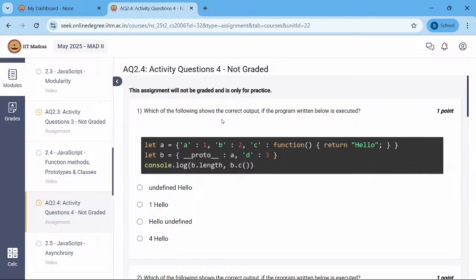So once we print this and try to find out the length of b, the length of b would be 1, 2, 3, which are inherited due to __proto__, and 4, d, which b itself describes. So basically the length would be 4, and b.c would be hello. All right,